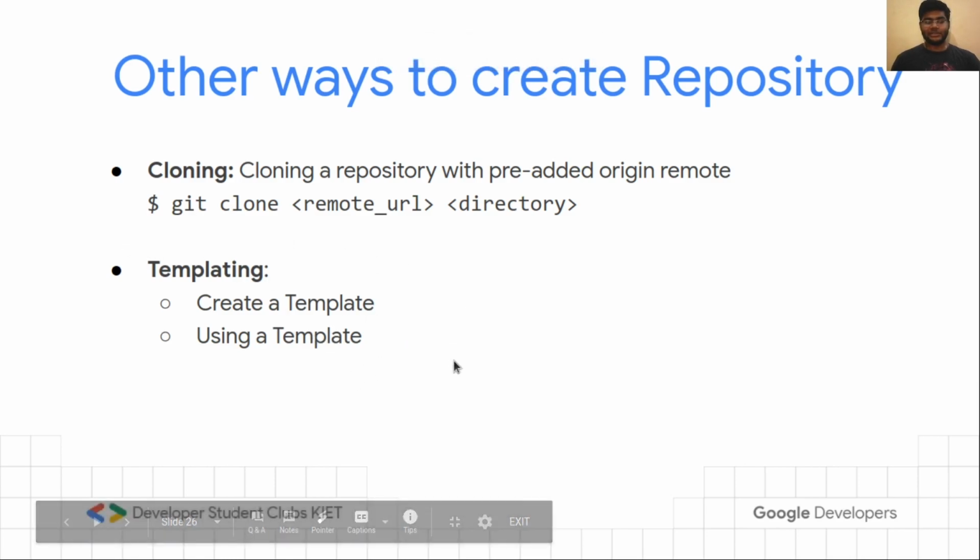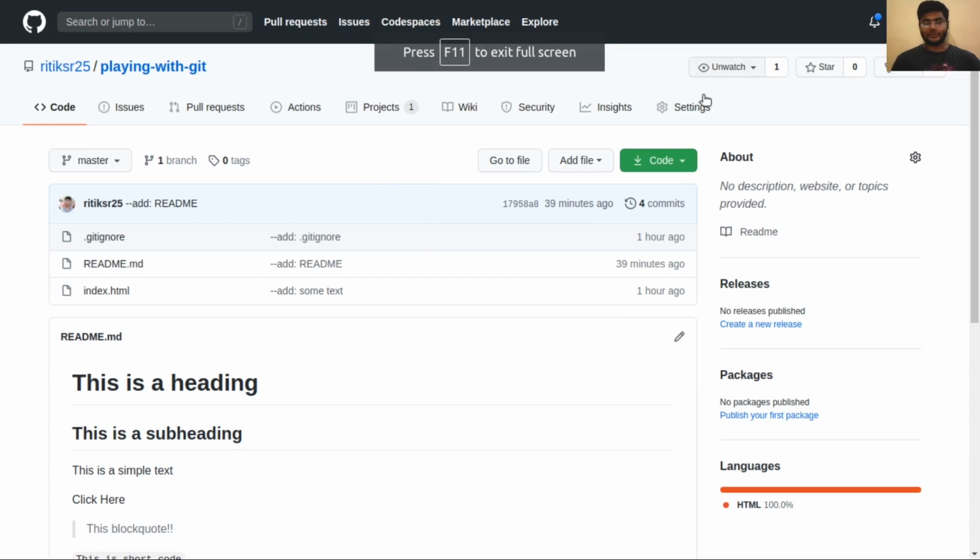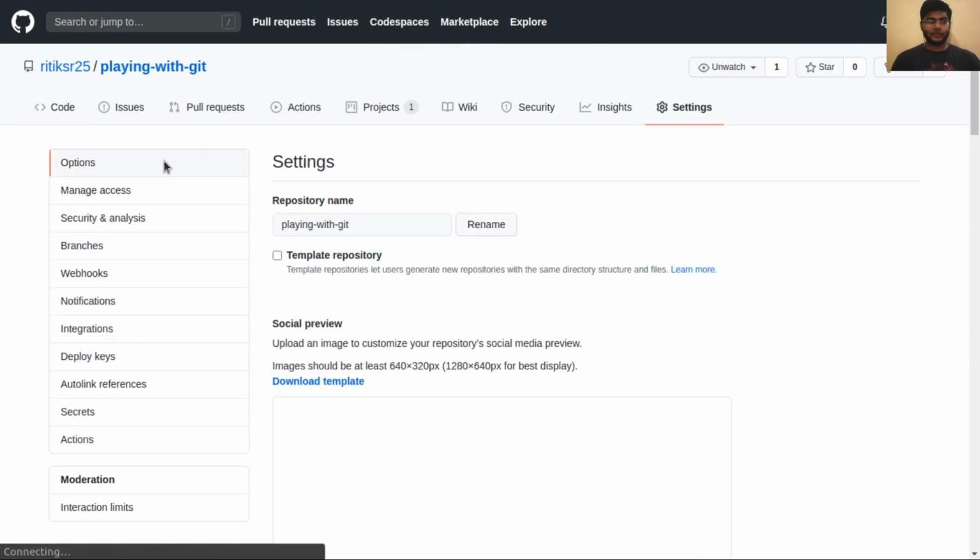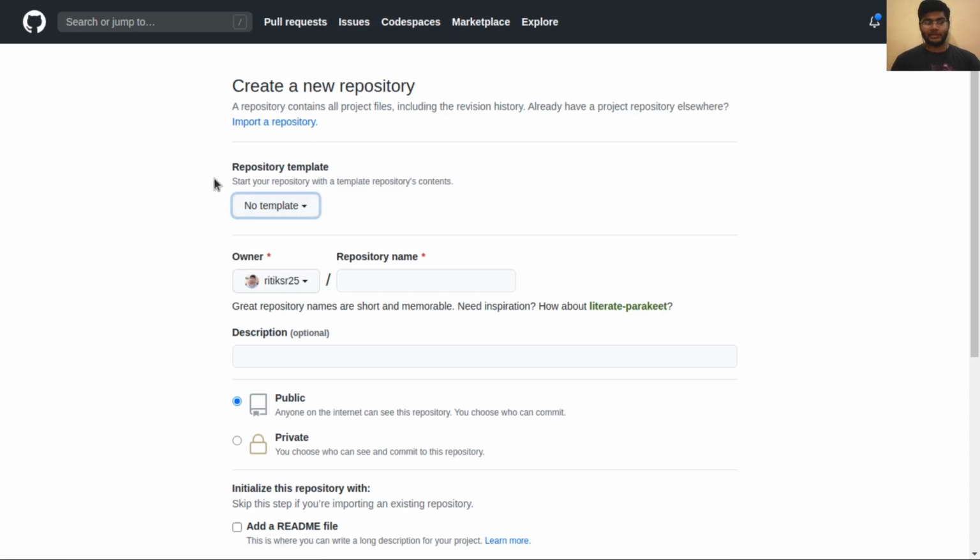So what is templating? As the name suggests, it is some pre-written code snippet which we can directly use to create a new project. So if you go back again to this repository, in the settings tab, you will find this checkbox, template repository. So if you click this, then this repository will become our template repository. So again, if you want to create a new repository, here at the top it shows the option of repository template. So if we have made one or more code as our template, we can select directly from this.